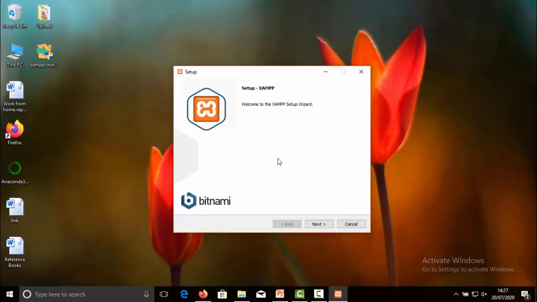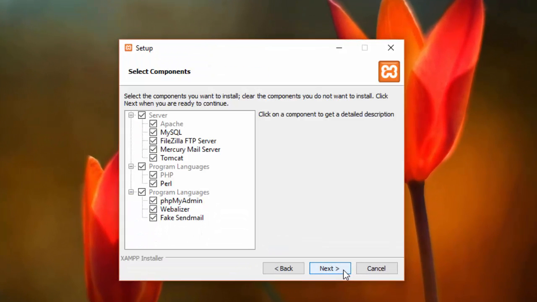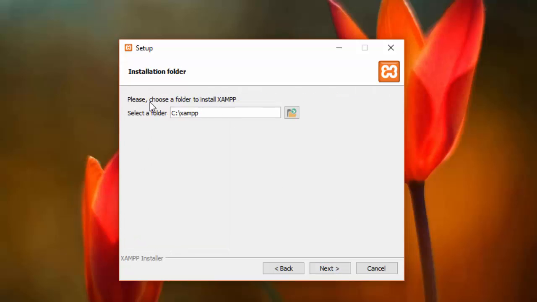Alright, now the installation has begun. So click on next. Now we'll keep all the default settings as they are, since we want all these servers and support for programming languages over here. Now click on next. Now here is the option to choose in which location you want to install XAMPP.